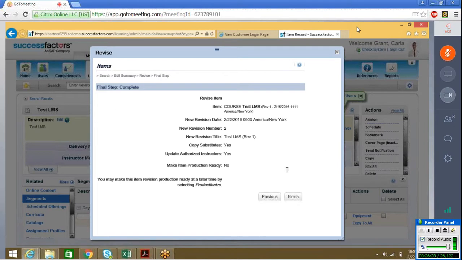So you can view your changes that you have done, your item and then your revision date, revision number and then new revision, new description, and you have chosen your selection. Once you click on finish,